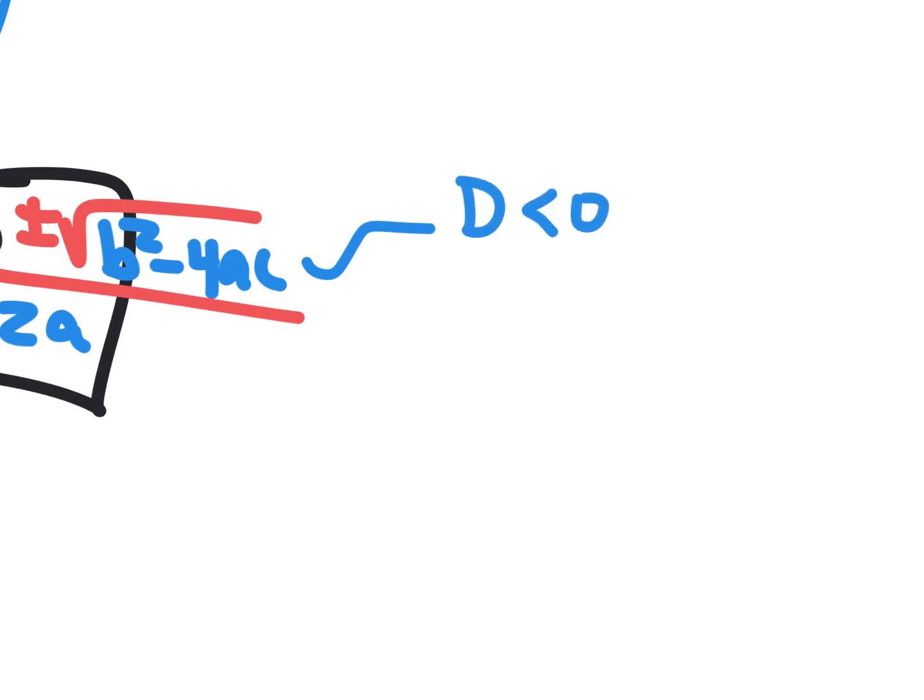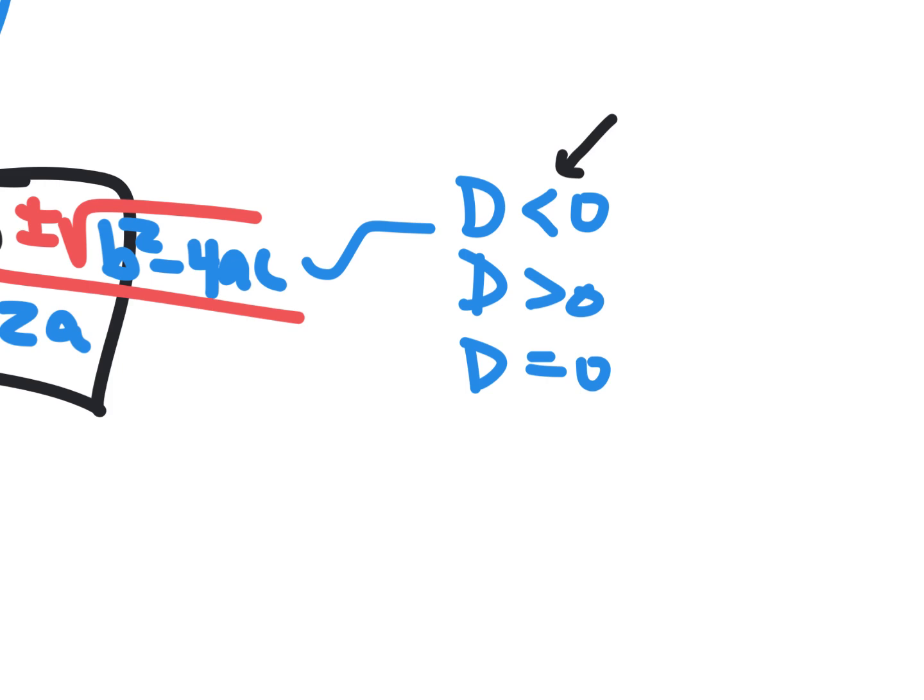If d is less than 0, you know something. If d is bigger than 0, you know something. And if d equals 0, you know something. That's on the test too. It's called discriminant. I see all that stuff that's under the root, and I know that if it's less than 0, you're doing